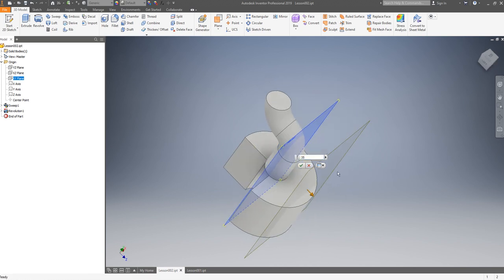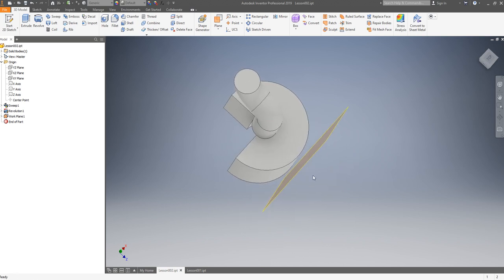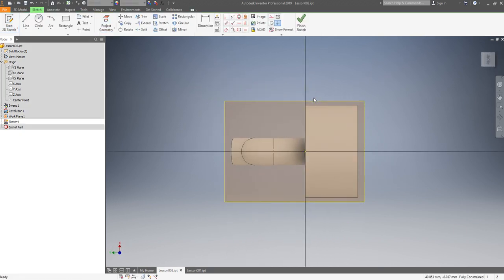More. More. 45. 50. Okay. Now if we start the sketch, that plane, Control V. Nice.